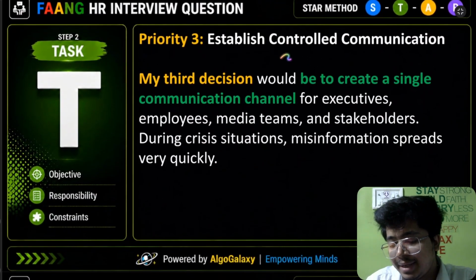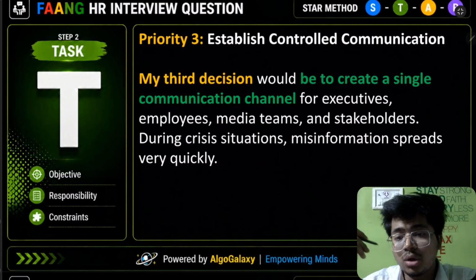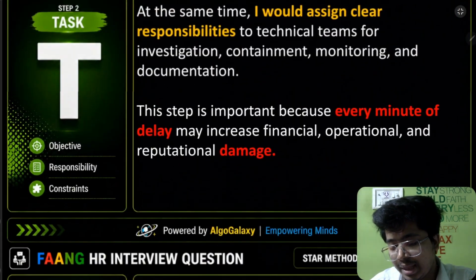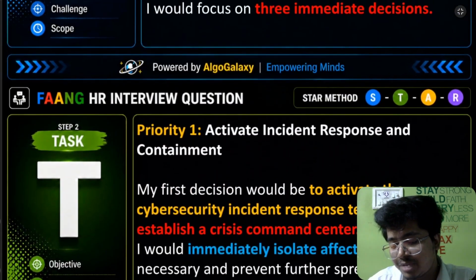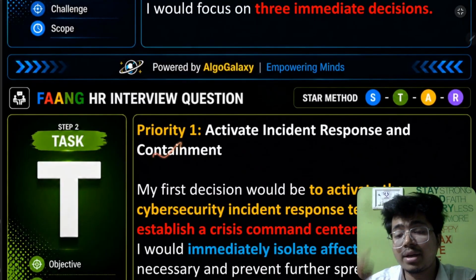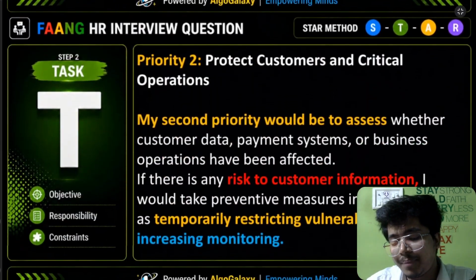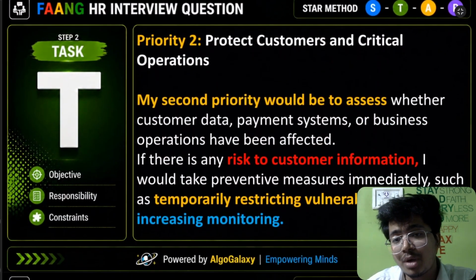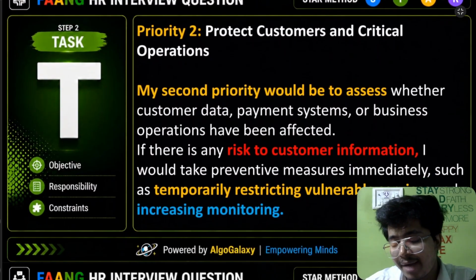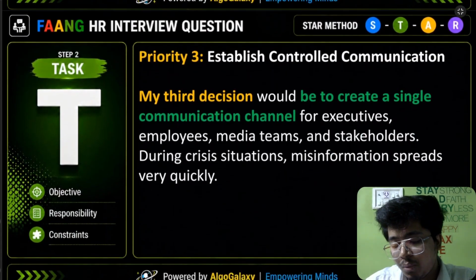Now priority 3, establishing controlled communication. After we have done all those things, let's again revise. First priority was activating incident response and containment. At priority 1 we activated the incident response and containment. Then in priority 2, we prioritized customer obsession, protecting customers and critical operations. And at priority number 3, we channelize,